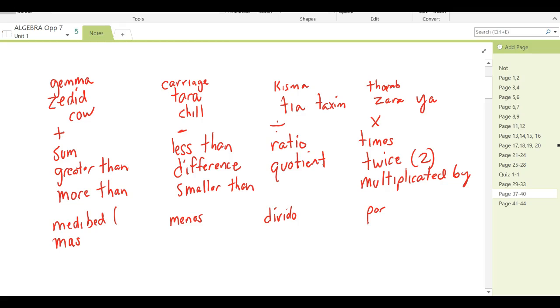So then we have tomorrow quiz. Tomorrow we don't have class. This is